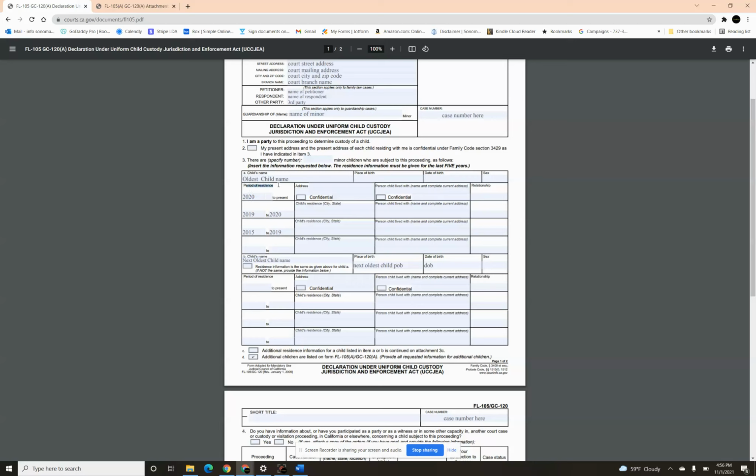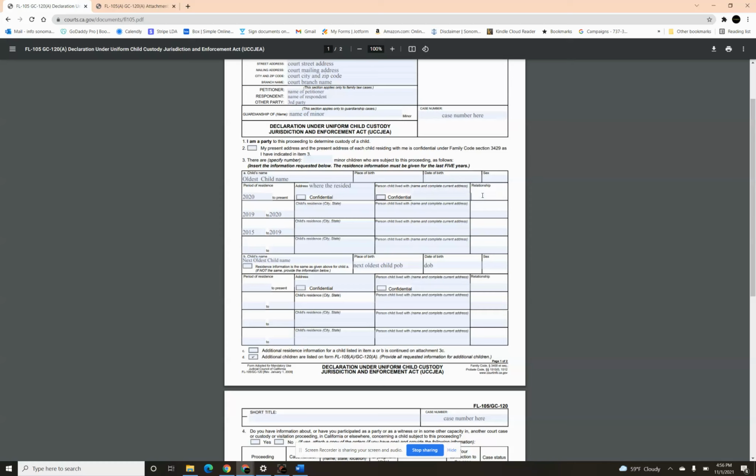So the period of residency, for example, 2015 to 2019, then 2019 to 2022, then 2022 to the present time. You can then indicate the address where the child resided at that time and the person who the child lived with, along with the complete address.